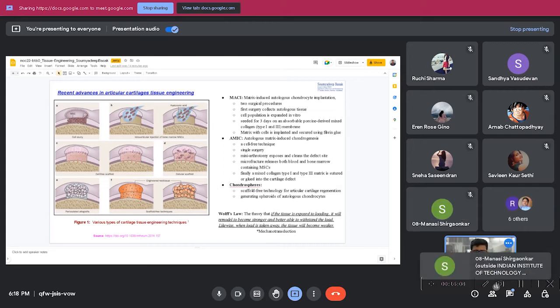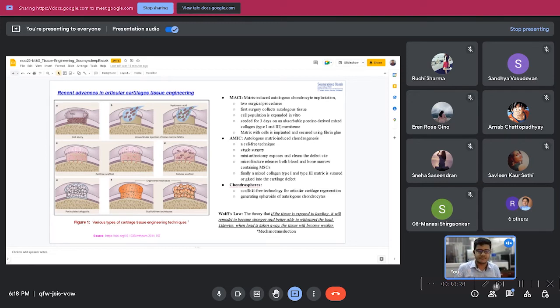This matrix provides support to the cell and an in vivo mimetic environment to the cells. So we used different kinds of scaffolds,